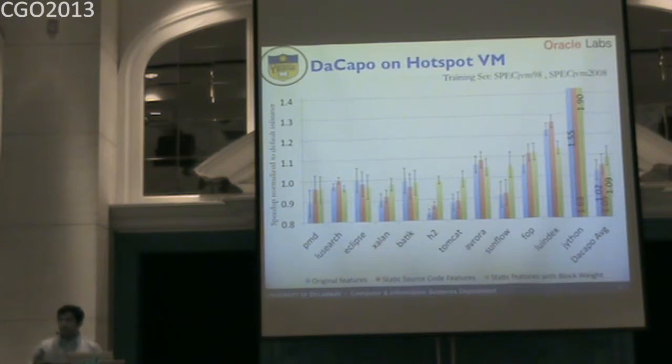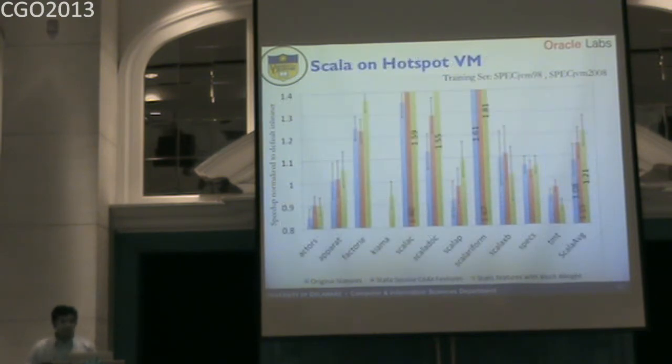If we added new source features to this particular set of features, we got a 5% improvement. But the best improvement, a much better improvement, came when we also had the profiling information available to us, which gave us a 10% improvement. Now, this was just on a basic Java benchmark. Another interesting thing that we found was